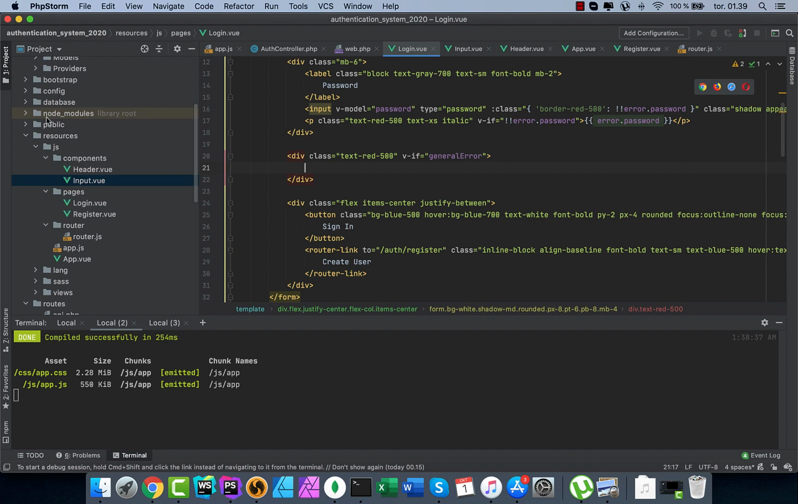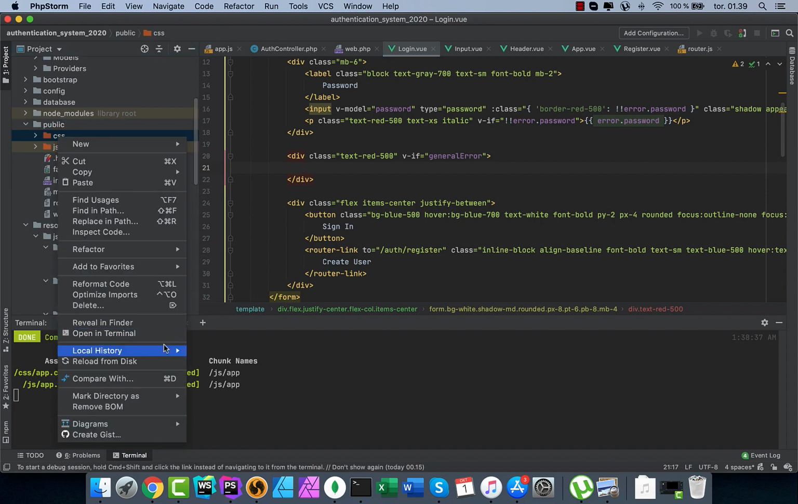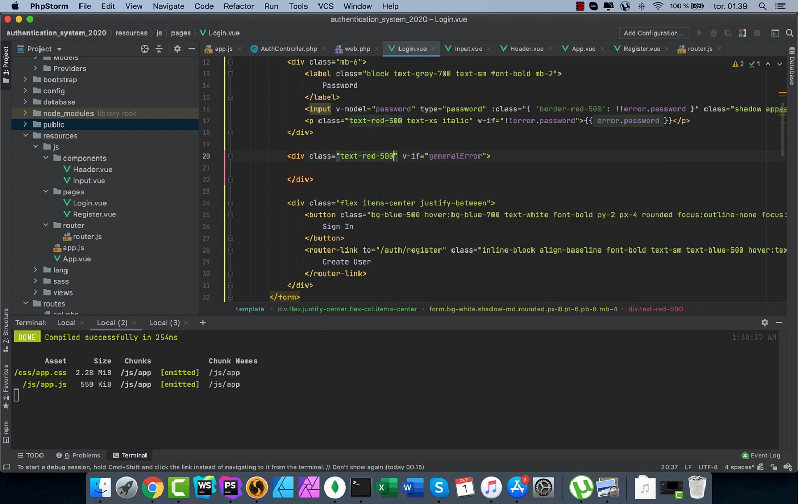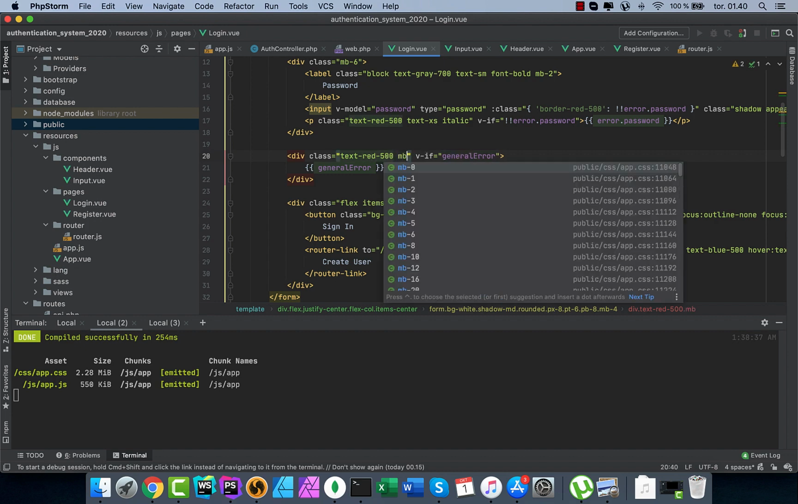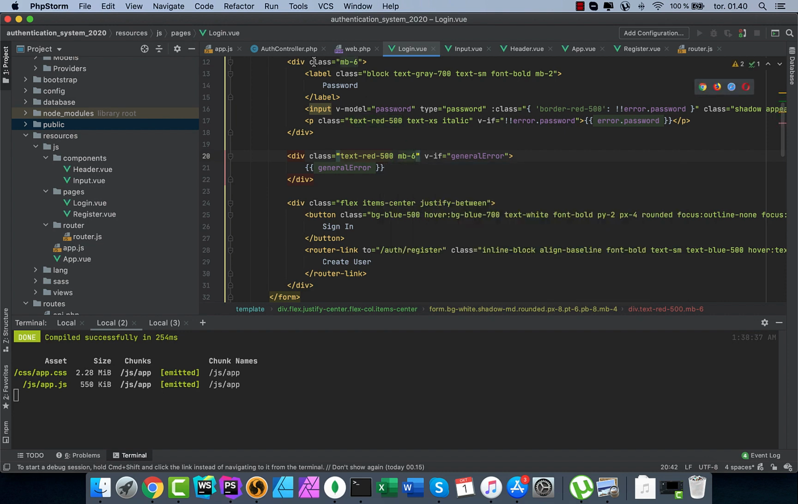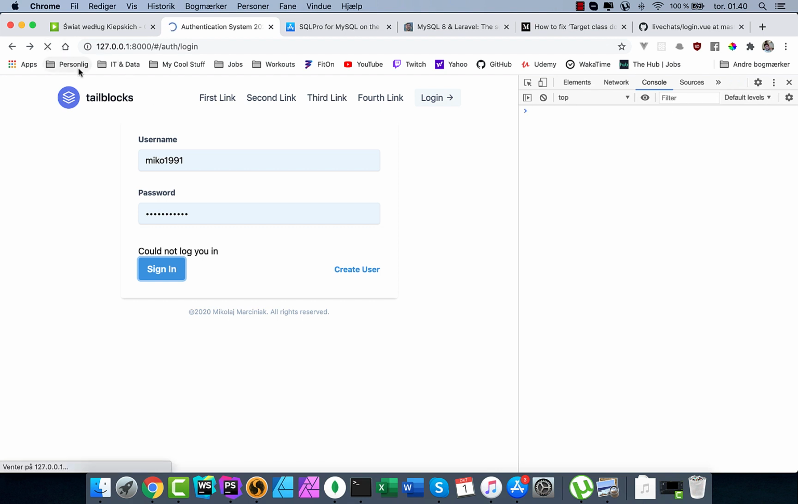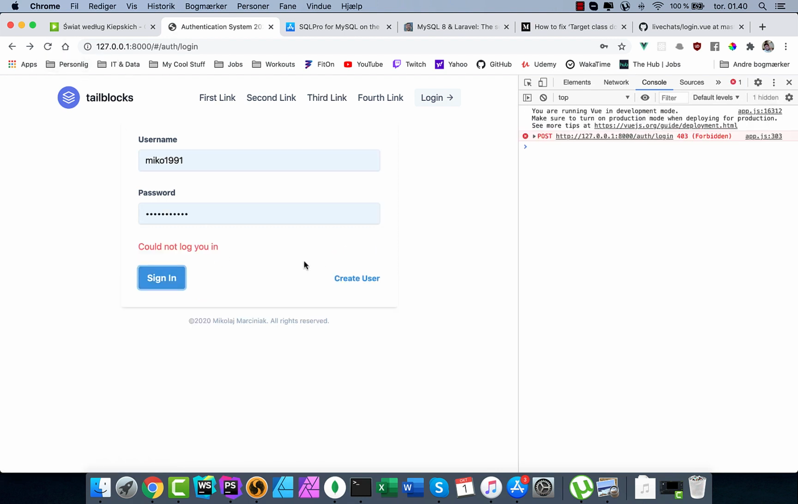Wait, I know why. If I just cancel exclusion, then I should have indexing module. If I go like this, then I have everything perfect. So now I will say general error MB6, and here MB4. Command argument, perfect. So now let's create a user,